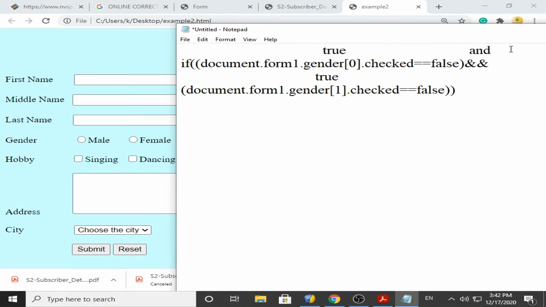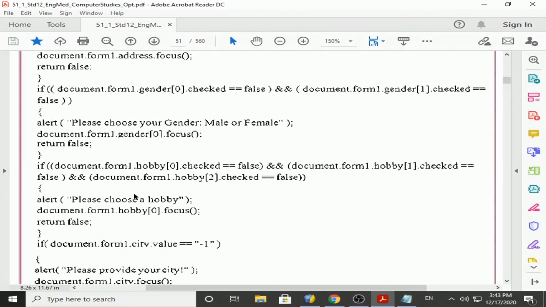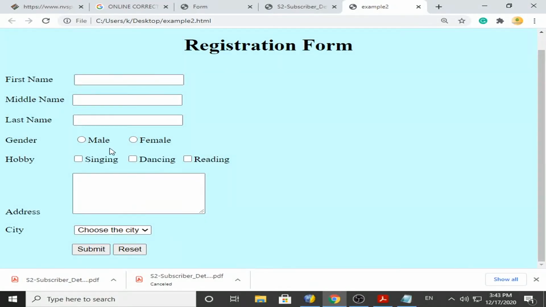In the case of and, when both the statements are true, the overall statement becomes true. So it will go inside the bracket and display, please choose your gender, male or female, and then focus is on gender 0, which means the male radio button.